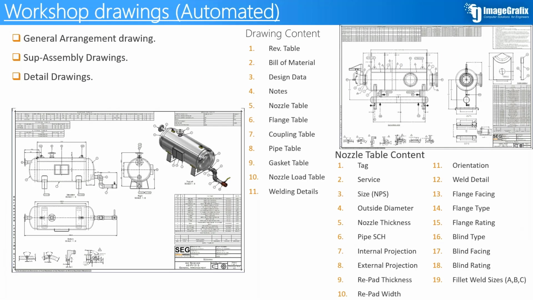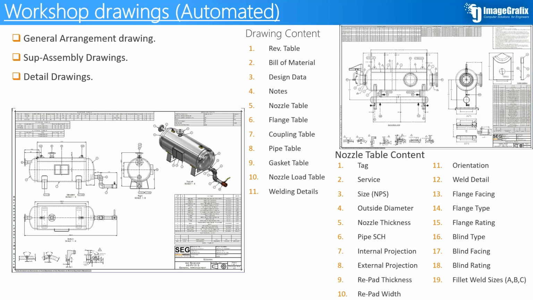Now we will talk about the drawings. You have the ability to generate the general arrangement drawing. You have the ability to generate a sub-assembly drawing. You have the ability to make a detailed drawing. In each of those drawings, you have the ability to add a lot of tables, like bill of material table,